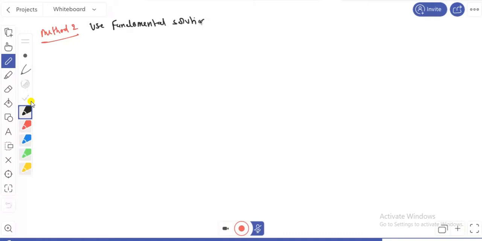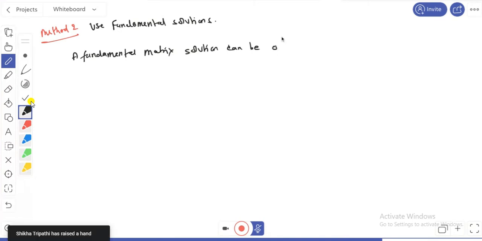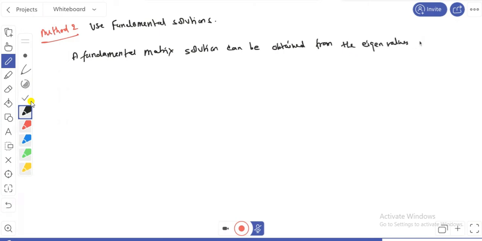Okay, so here the fundamental matrix solution in this method can be obtained from the eigenvalues and